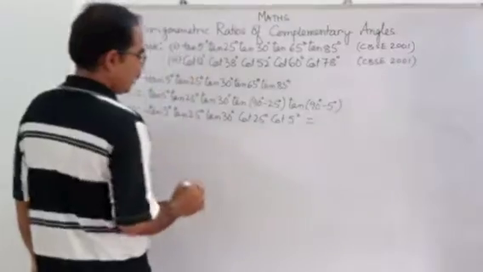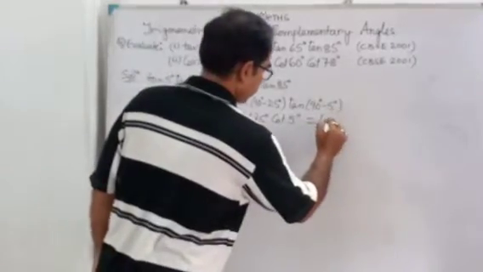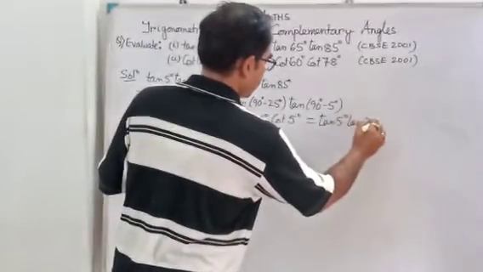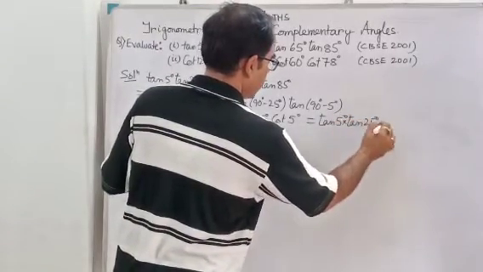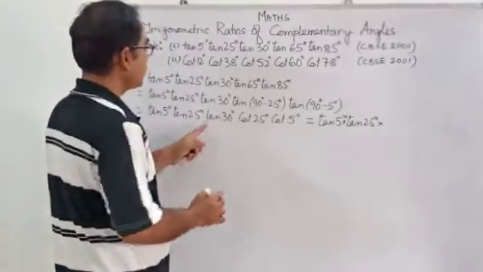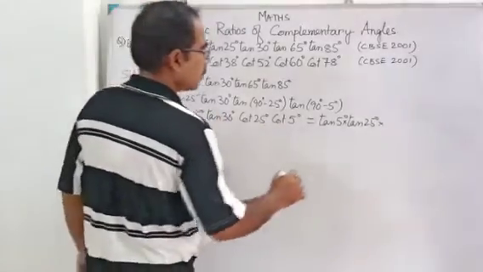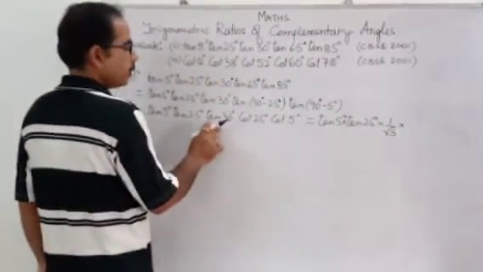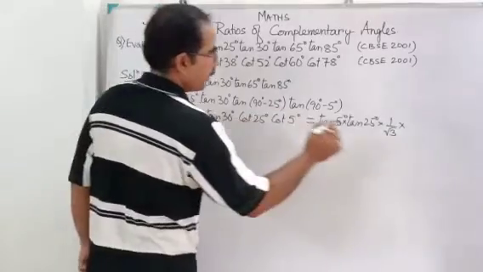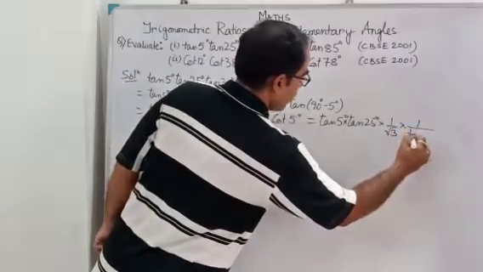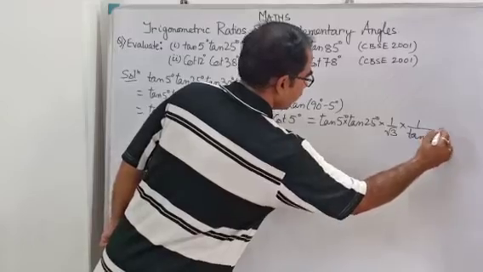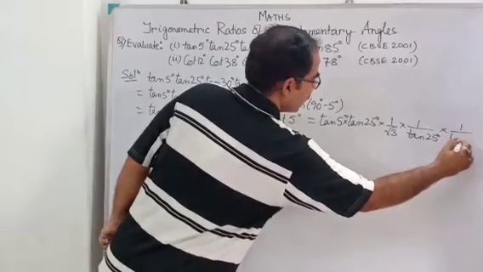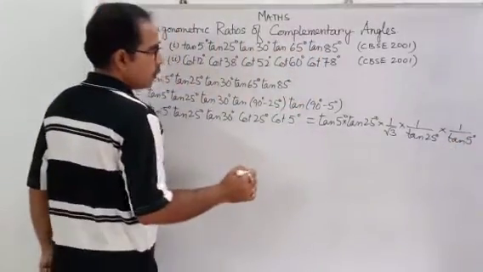So here only I am doing tan 5 degree, tan 25 degree, keep it as it is. All these are multiplying, and tan 30 degree. Tan 30 degree is what? 1 by root 3, correct? We know this value from the table. And cot 25 degree can be written as 1 by tan 25 degree, and cot 5 degree can be written as also 1 by tan 5 degree. Yes or no? So now look at here.